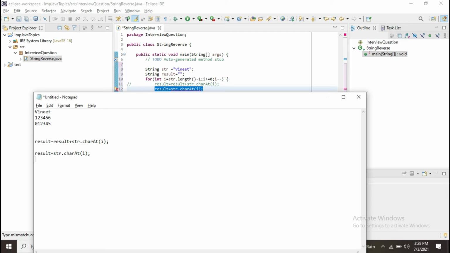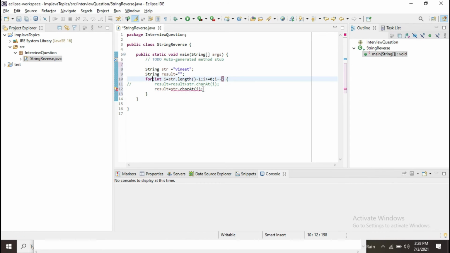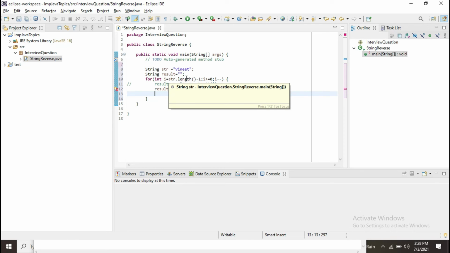What it will do, say my for loop starts moving. I'll try to write here only itself. Say my for loop is going here, in the first execution it will pick t.